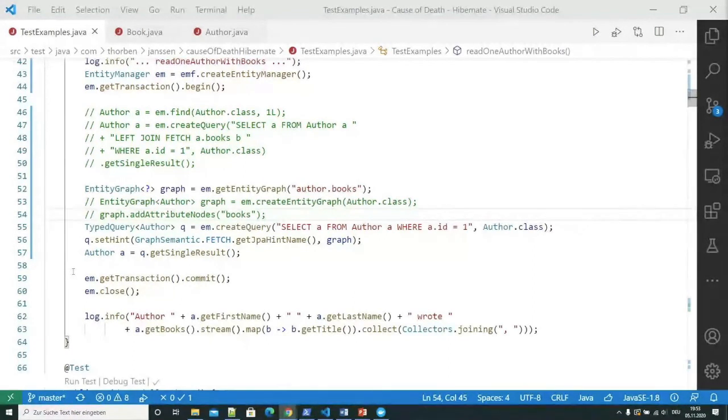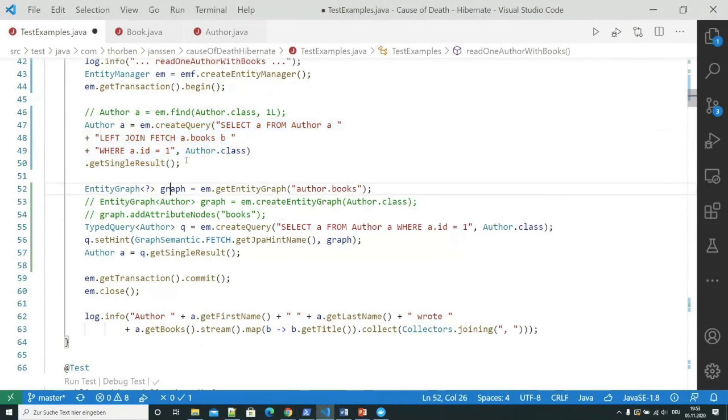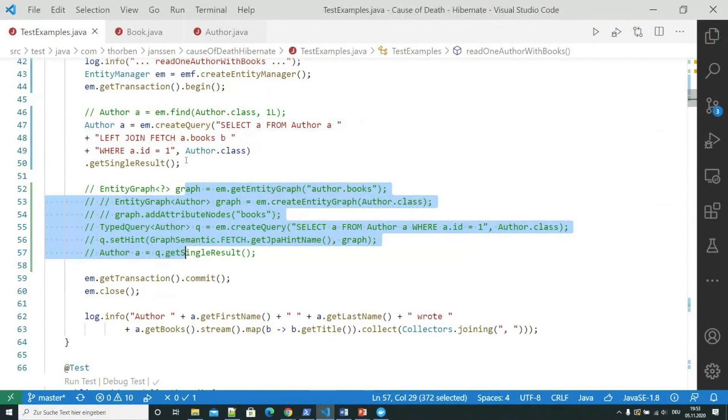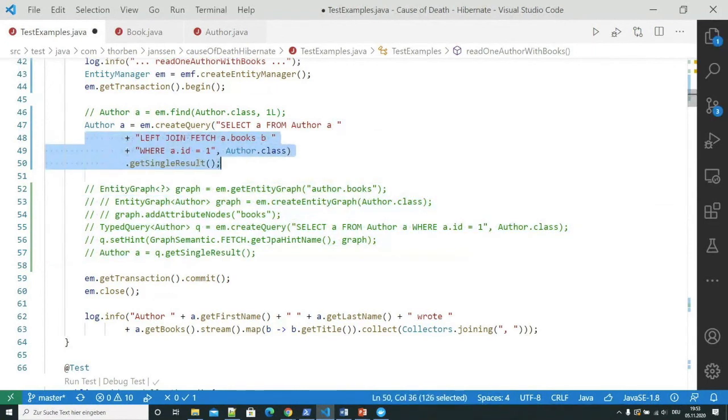But as a general performance recommendation, I would say you always use fetch type lazy. And these join fetch clauses to fetch the association when you actually need it. Because by doing this, you get the best of both approaches.